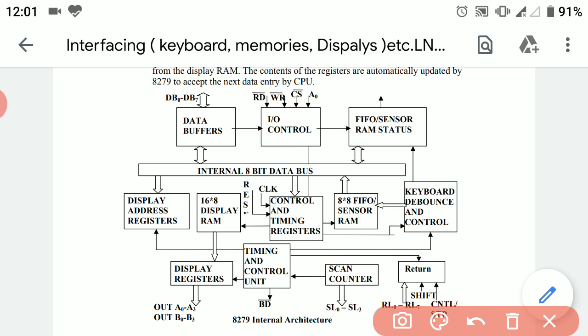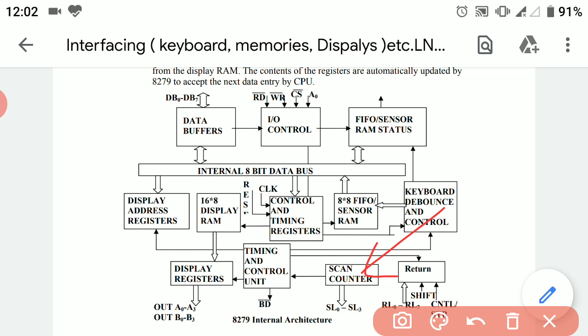In decoder mode, this binary count that is generated by scanning lines is going to be decoded at the scan counter itself. That is, the decoding will be done by the scan counter itself.